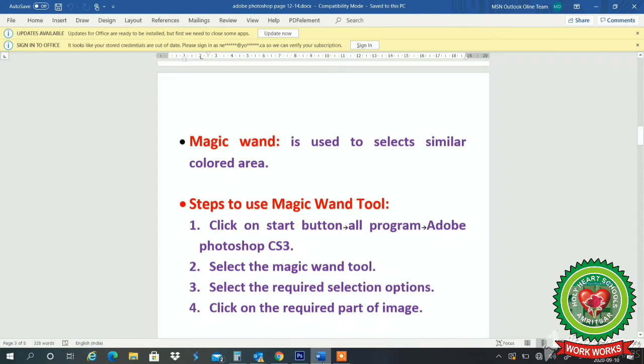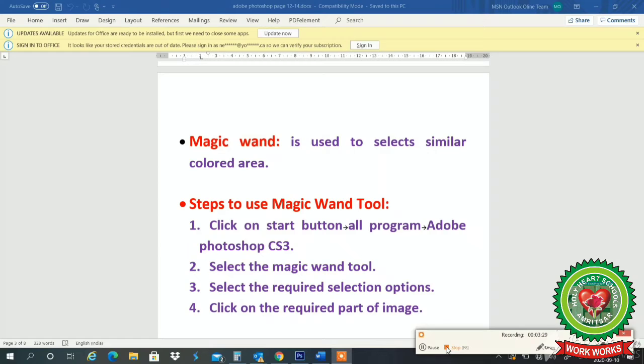Steps to use the magic wand tool. First step, click on the Start button, All Programs, Adobe Photoshop CS3. Select the magic wand tool. Select the required selection options like we have done, the tolerance, anti-alias, add to selection, subtract from selection, any requirement.